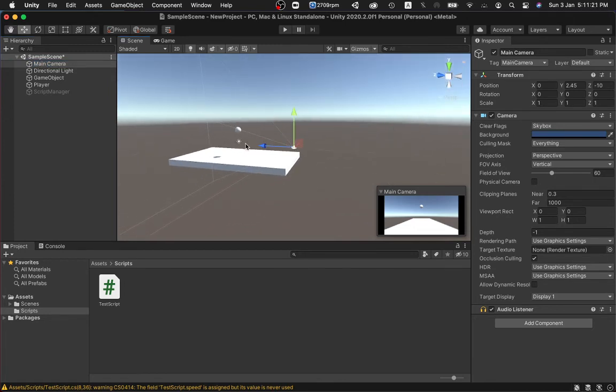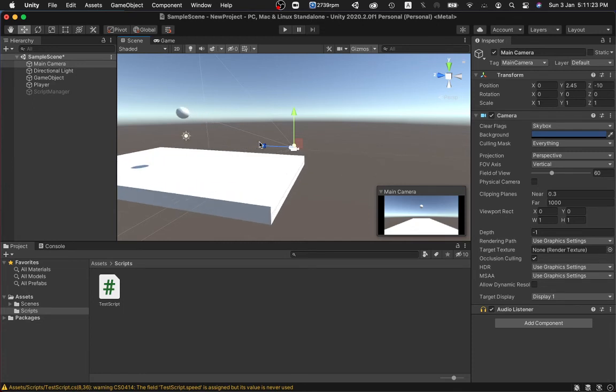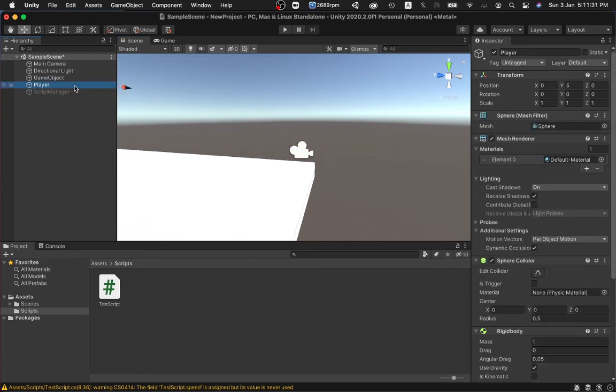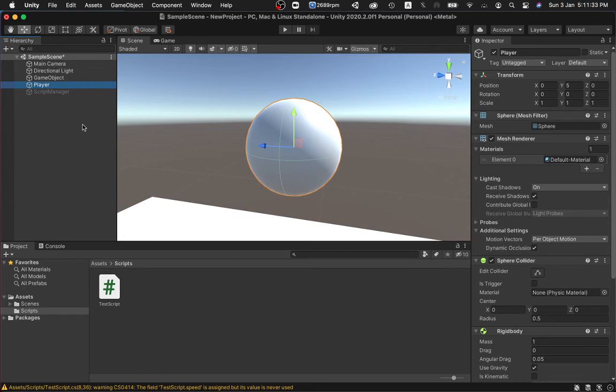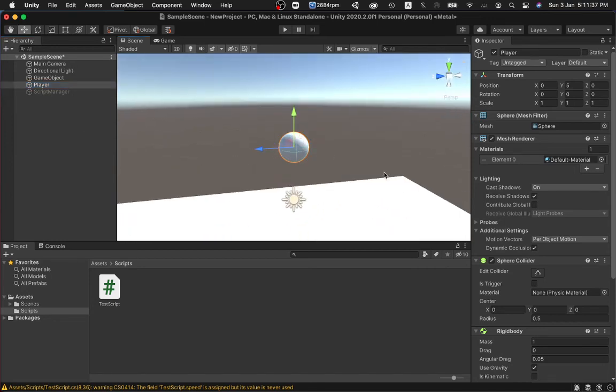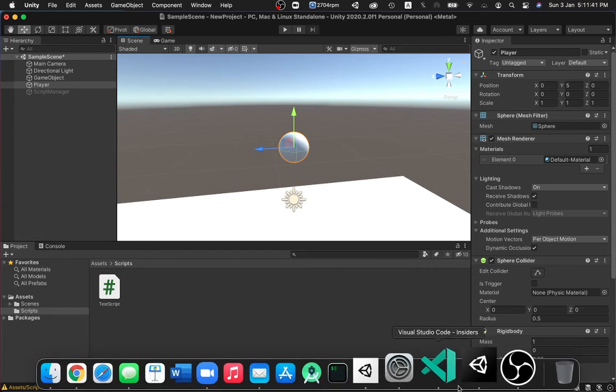And just remember, the forward axis in Unity, the axis that you use if you want something to move in front, is the z-axis, the blue line. So let me click on my player. I want him to move on the blue line, right? So I want to add a force that moves him on the z-axis. Alright, so how are we going to do that? Well,